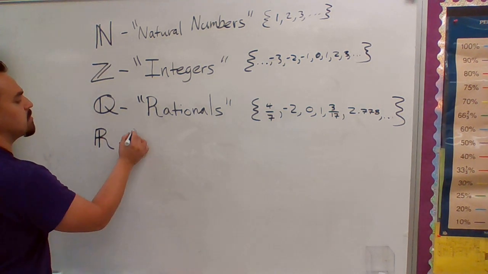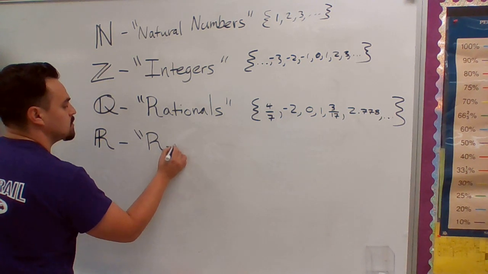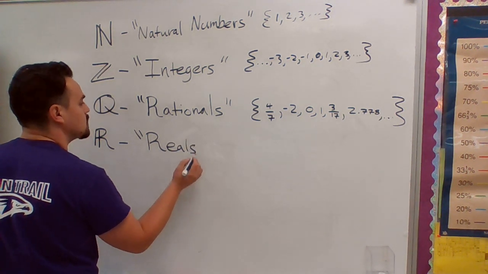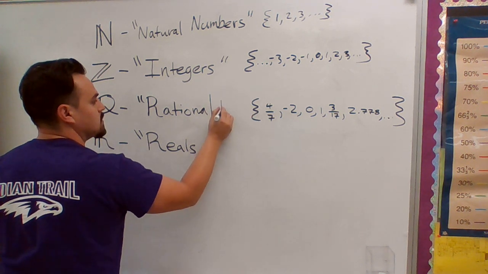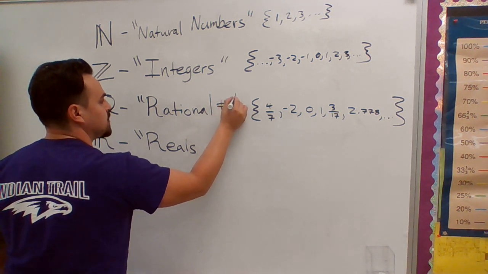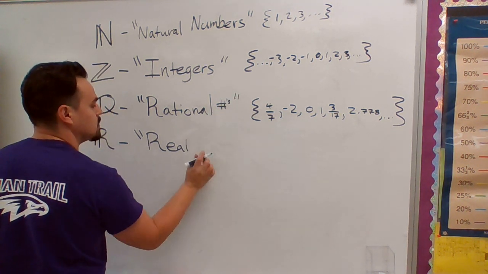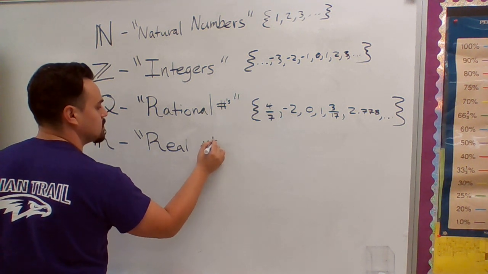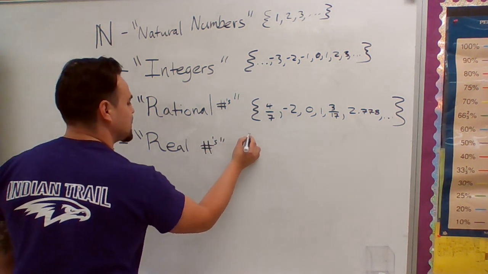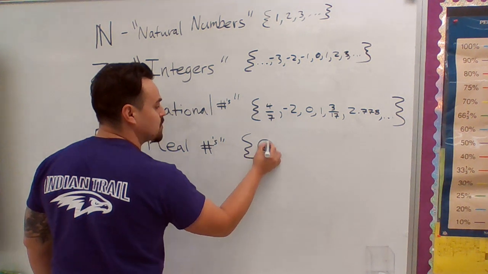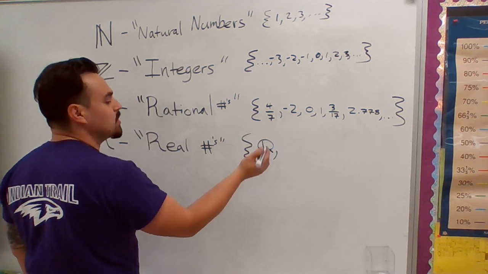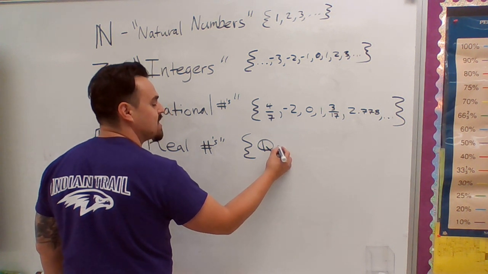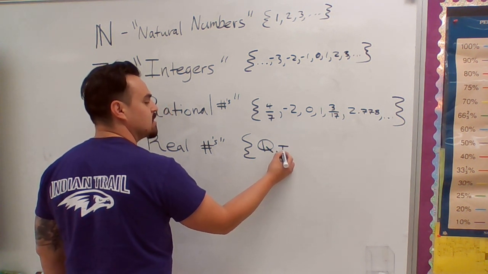The set of real numbers, rational numbers, real numbers. The set of the reals includes the rationals. So the rationals include the integers. So it includes the rationals, and it also has irrationals like pi,